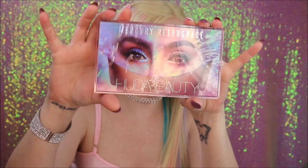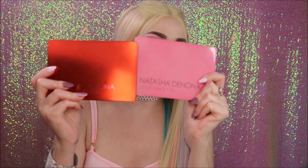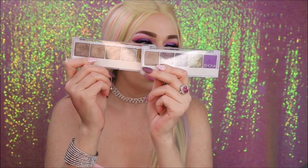So okay, I kind of have two categories. The most expensive overall is actually this Huda Beauty Mercury Retrograde palette, and this was $67. Now, I also have, very close behind it, these two Natasha Nona palettes, which are $65. But if we're talking about most expensive for the least amount of product, it's definitely going to be these Natasha Nona eyeshadow palette 5s. So these were the first Natasha Nona eyeshadows I tried, and of course I fell in